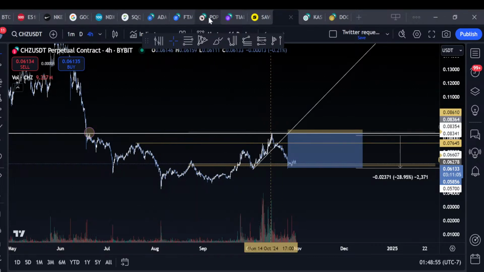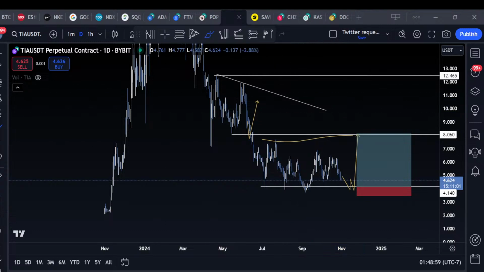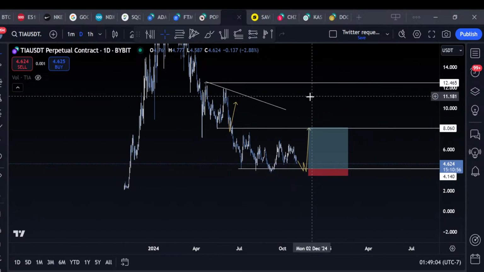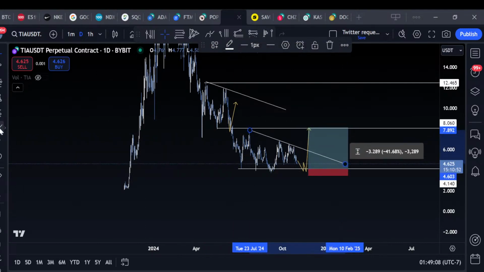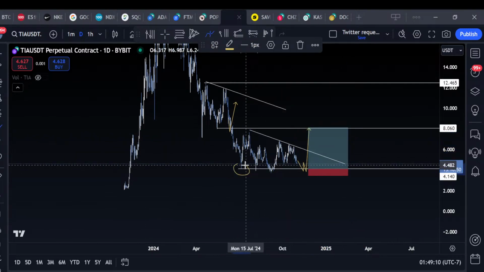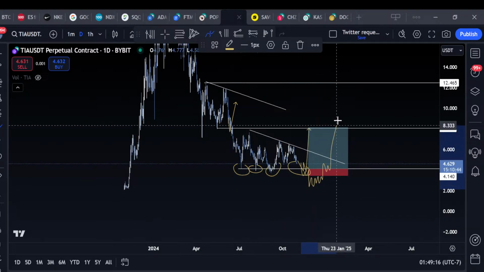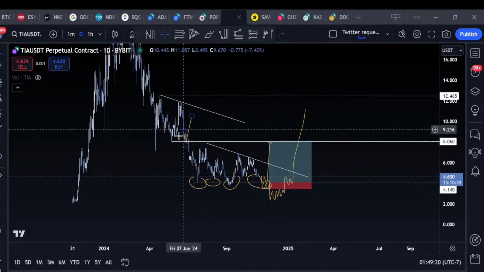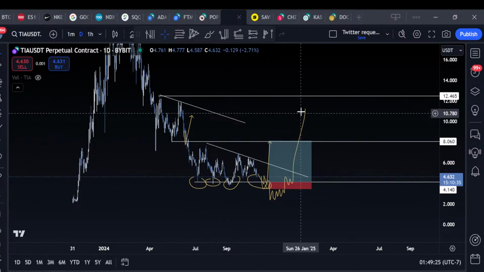So if I'm looking at the TIA chart, it looks really shitty here, to be honest, but there's a range. I would say it either bounces or it doesn't. I wouldn't be surprised to see this break down a little bit on the fourth go and maybe do something like this if it's for bullish cases. But I would just look at this as a range. What else are you really going to say about this daily chart?